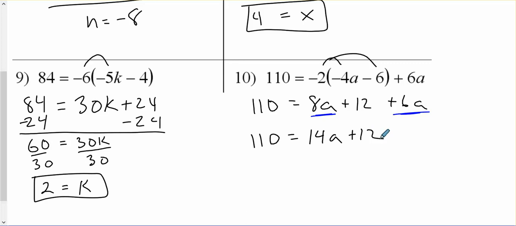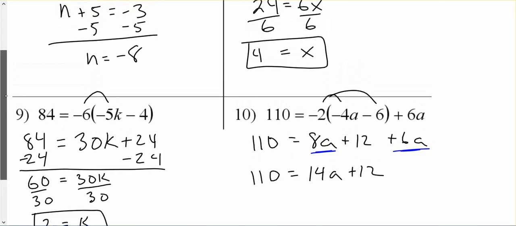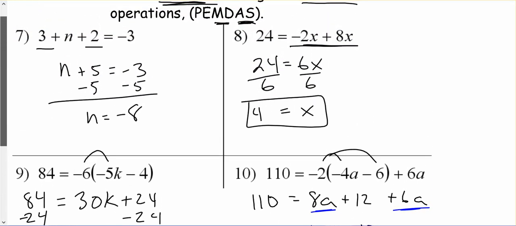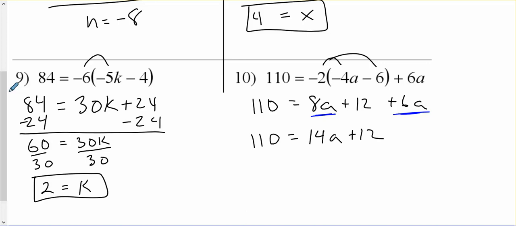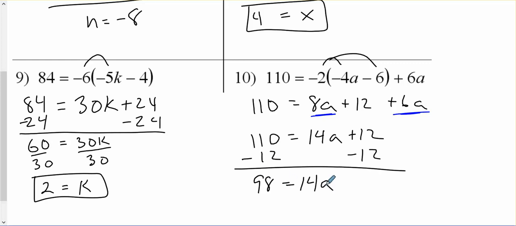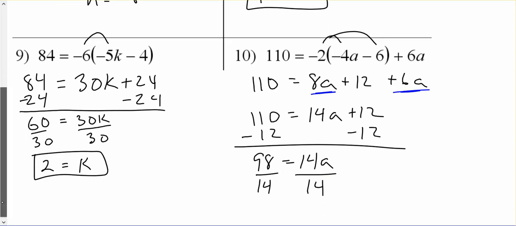Again, we've got two operations happening to our variable. It's being multiplied by 14, and it's being added by 12. So we're going to work our way backwards through our order of operations again. Remember, backwards through PEMDAS. So we subtract 12, subtract 12. 110 minus 12 is 98 equals 14a. Divide by 14, divide by 14, and